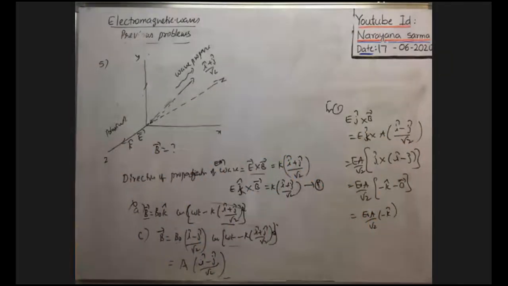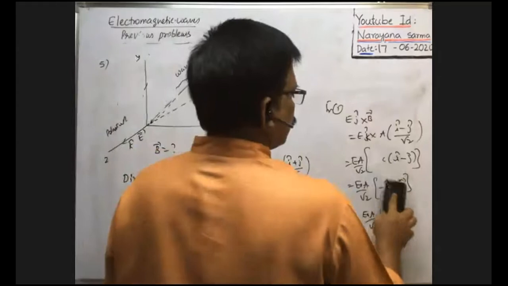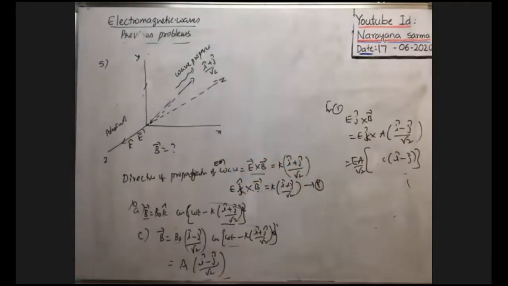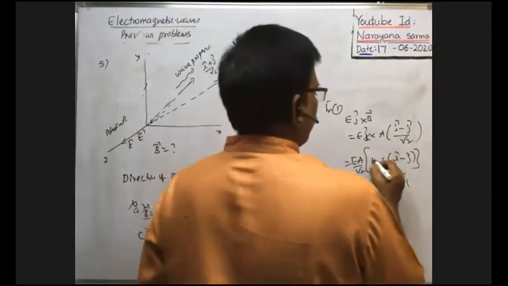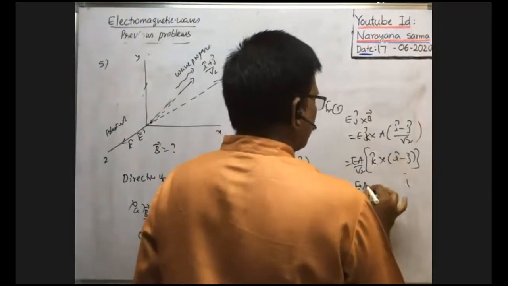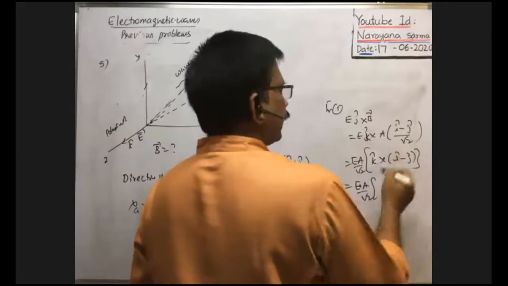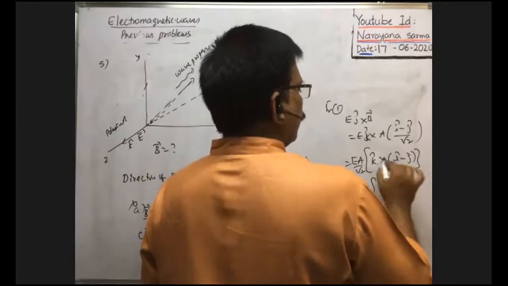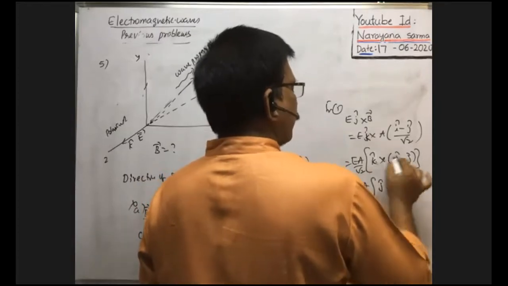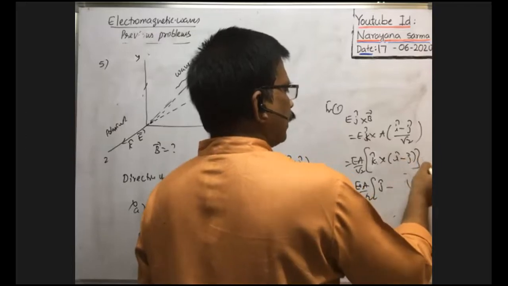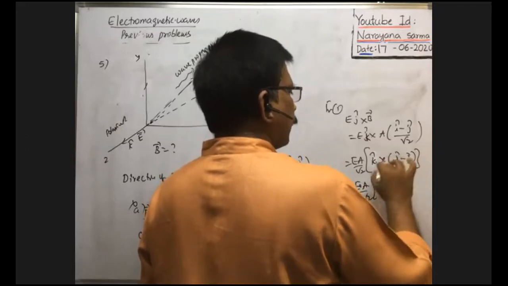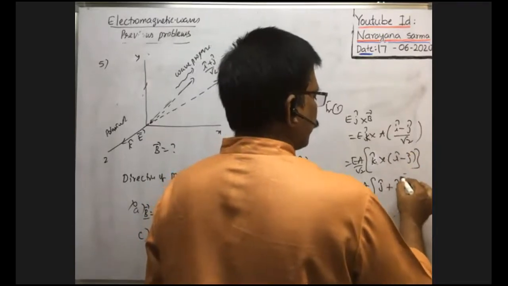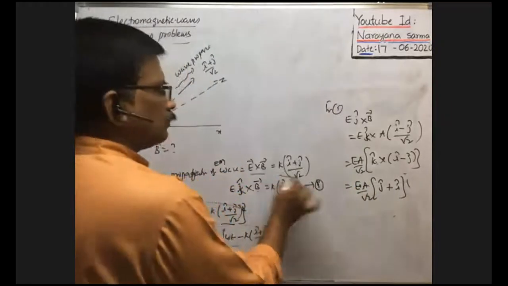So when you have written k cap, okay, what is the value you will get? This is called E naught A by root 2 into k cap cross I cap. Tell me, k cap cross I cap is j cap, no? Minus k cap cross j cap. J cap cross I cap, j cap cross k cap is I cap. K cap cross j cap is minus I cap. Minus of minus I cap is plus I cap. Okay, now we got this relation now.